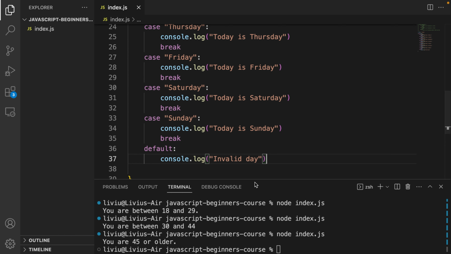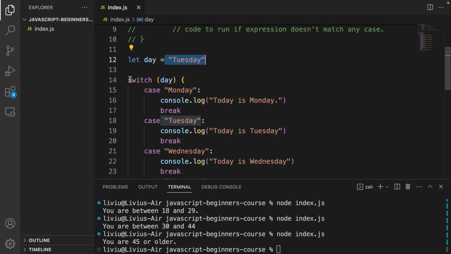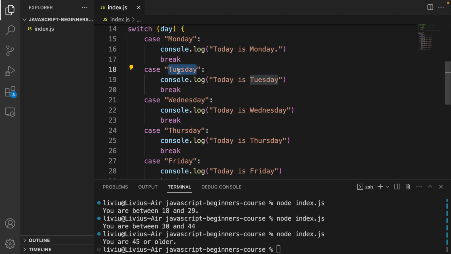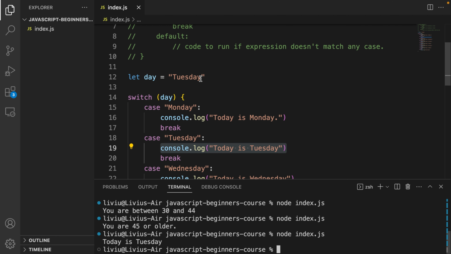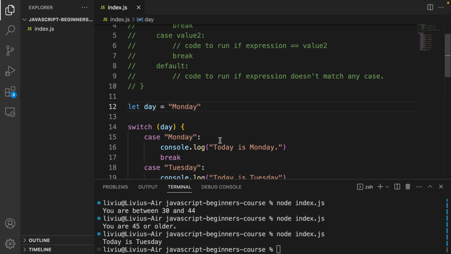Now let's first see how this works. So we had a variable called day set to Tuesday. We checked, is the day equal to Monday? No. Is it equal to Tuesday? Yes. Then it should print today is Tuesday. Let's see if it works. Today is Tuesday. If we change the value of the variable day to Monday, we run the program, today is